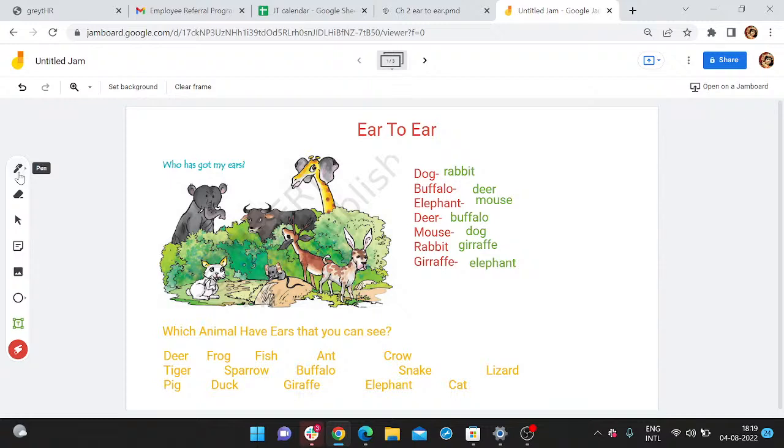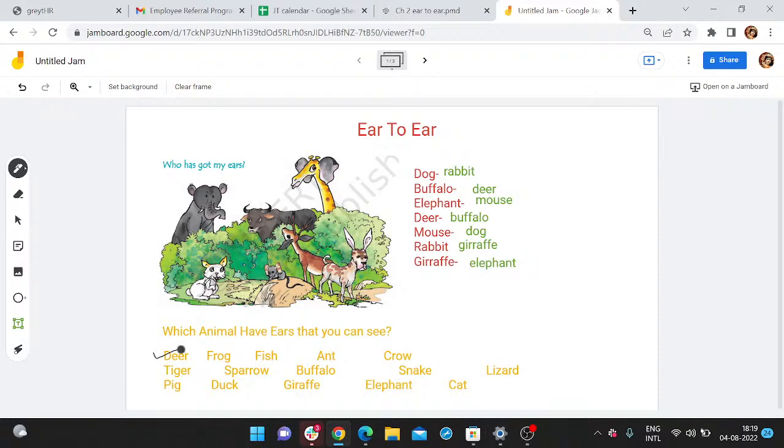सो वुड एनीबडी लाइक टू आंसर कि डियर के ईयर्स दिखते हैं कि नहीं। सो दैट्स रियली इजी, बिकॉज हमने अभी यही एक्टिविटी करी है कि डियर के ईयर्स होते हैं, और वो कुछ इस टाइप के होते हैं जो कि इस टाइम पर फेलो ने रखे हुए हैं। सो दैट मीन्स डियर के ईयर्स हमें दिखते हैं, तो मैं इस पर लगाऊंगी एक टिक मार्क। सो ये रहा मेरा टिक मार्क, दैट मीन्स हमें इसके ईयर्स दिखते हैं।